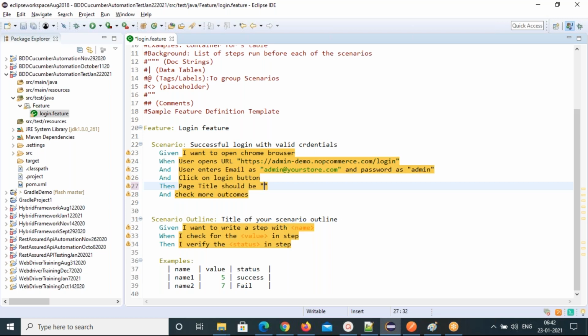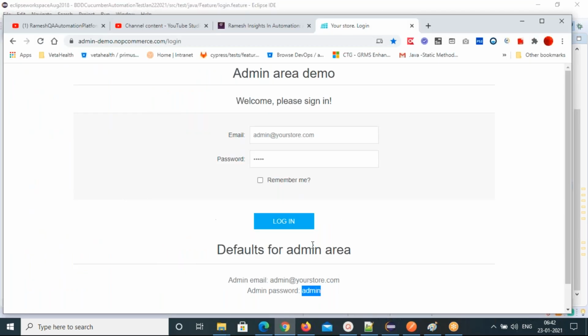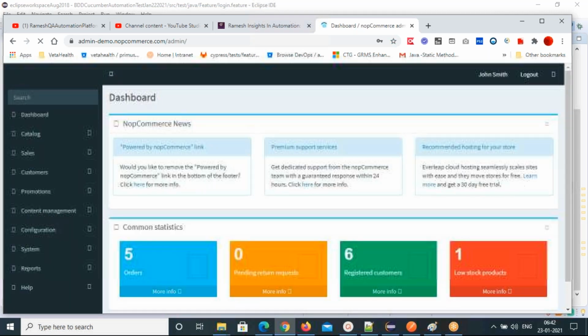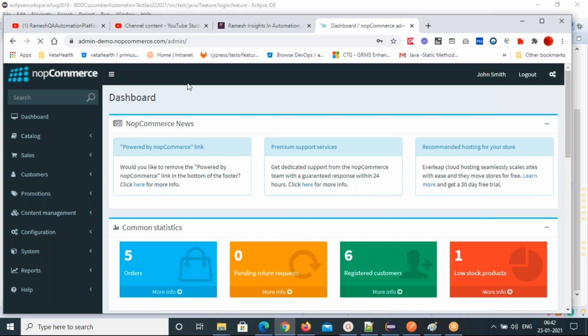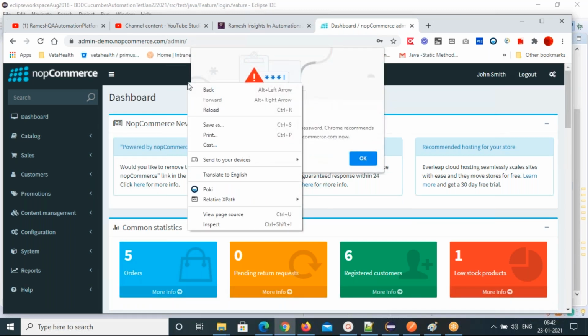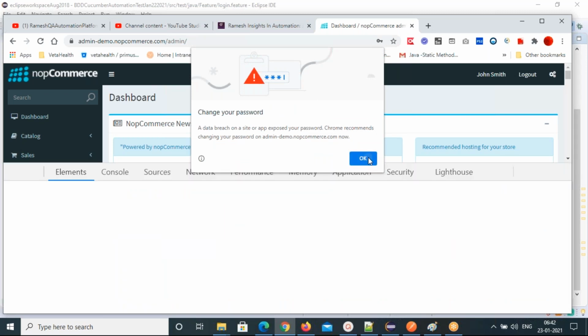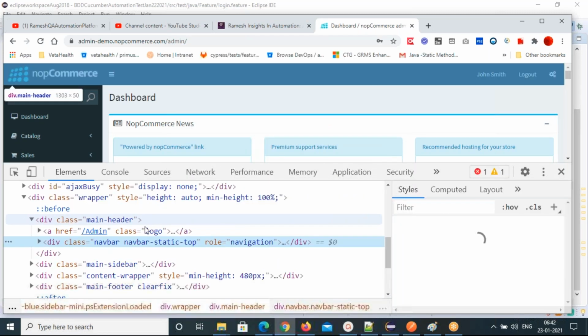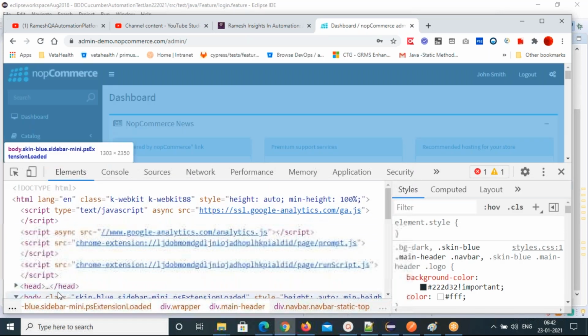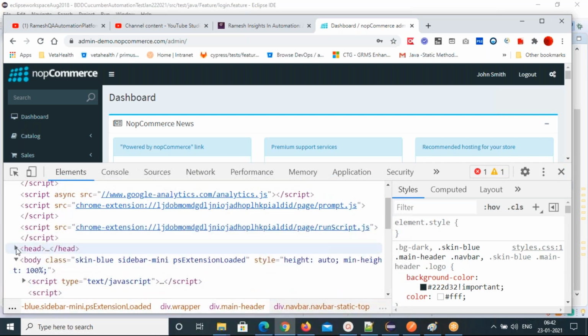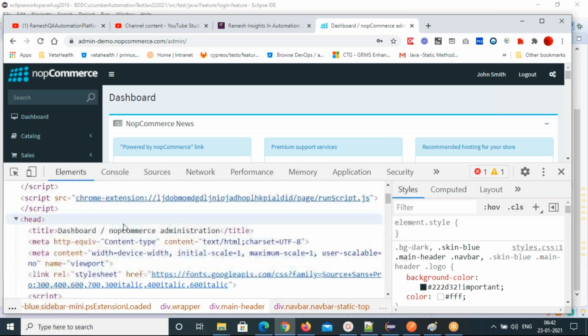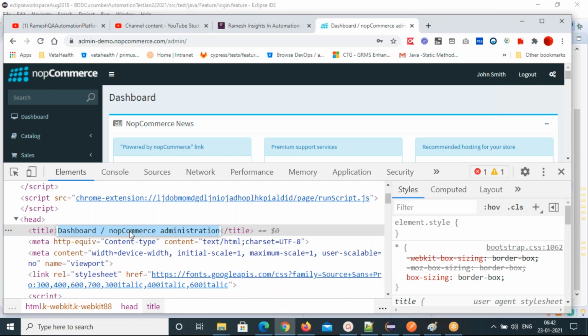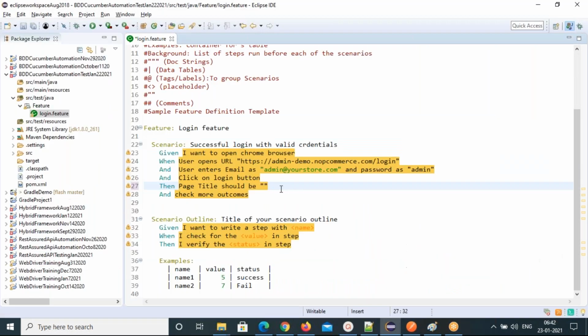That page title you can paste here. I can just right click, inspect it, go to head tag, look for the title tag. So this is the title. Copy and paste it here.